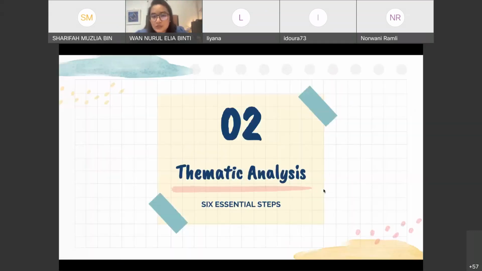When you do a thematic analysis, in essence, if you want to do qualitative research, the most important skill that you must have is organizational skill.